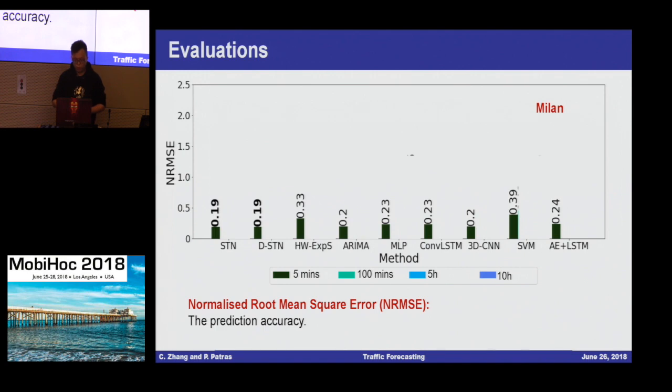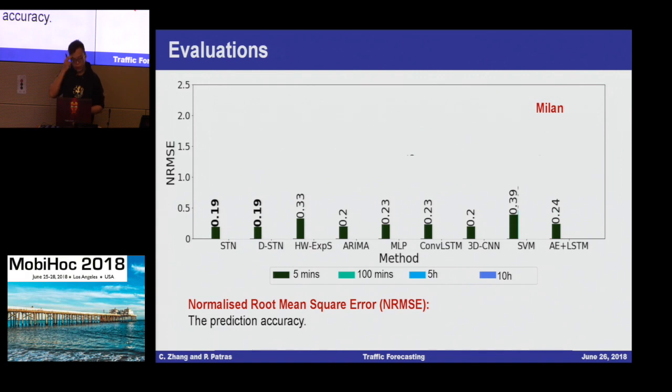So in order to quantify the performance of our model, we select the normalized mean square error. That measures the square difference between the ground truth and the prediction, and this is normalized by the mean value of the ground truth. So normally a lower prediction error means higher accuracy. We operate our system for 4 prediction steps, which are 5 minutes, 100 minutes, 5 hours, and